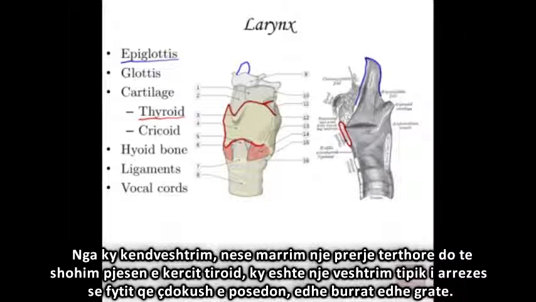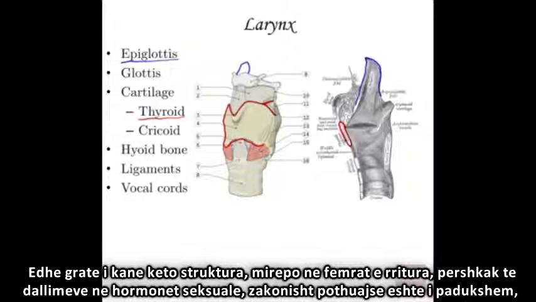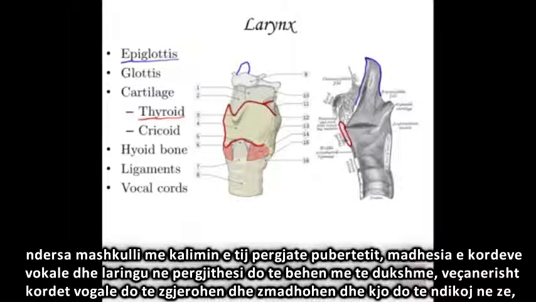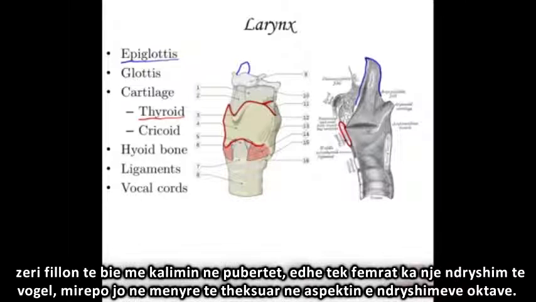People say, oh, a man has an Adam's apple and a woman typically doesn't. Well, a woman has all these structures as well, but an adult female, because of differences in sex hormones, it's typically not as visible. As a male goes through puberty, the size of the vocal folds and the larynx in general is going to become more visible. The vocal folds especially are going to get broader and larger, and that's going to have an effect on their voice. Your voice tends to drop when you age, go through puberty. And female voice changes a bit too, but not as dramatically in terms of the octave shift.